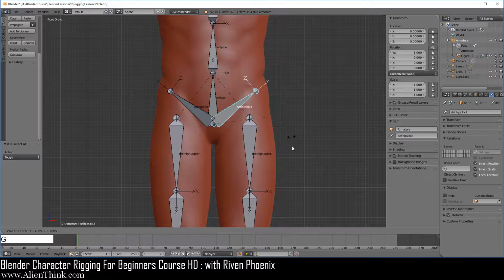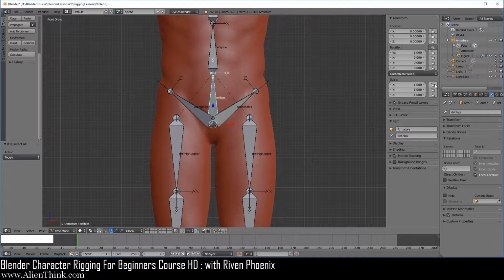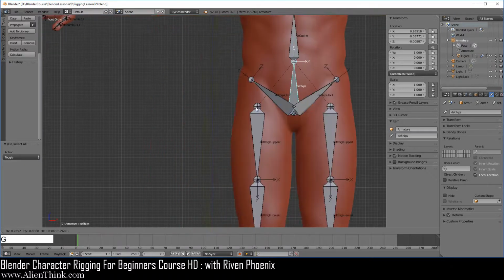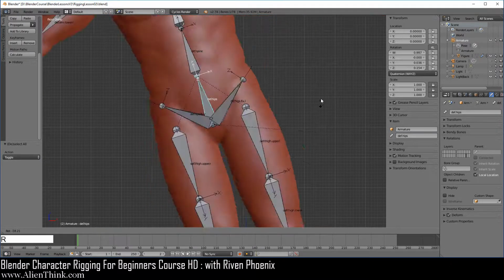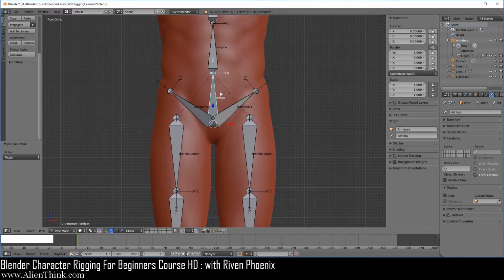Right, so if you press the G key, press the R key, press the S key, you shouldn't be able to do anything to this bone. Basically, you won't be able to break the figure. Go ahead and click on the hip bone. Over here, I'm just going to lock the scale. Okay, now we're not going to lock the location because we want to be able to press the G key to move it and press the R key to, of course, rotate this bone.